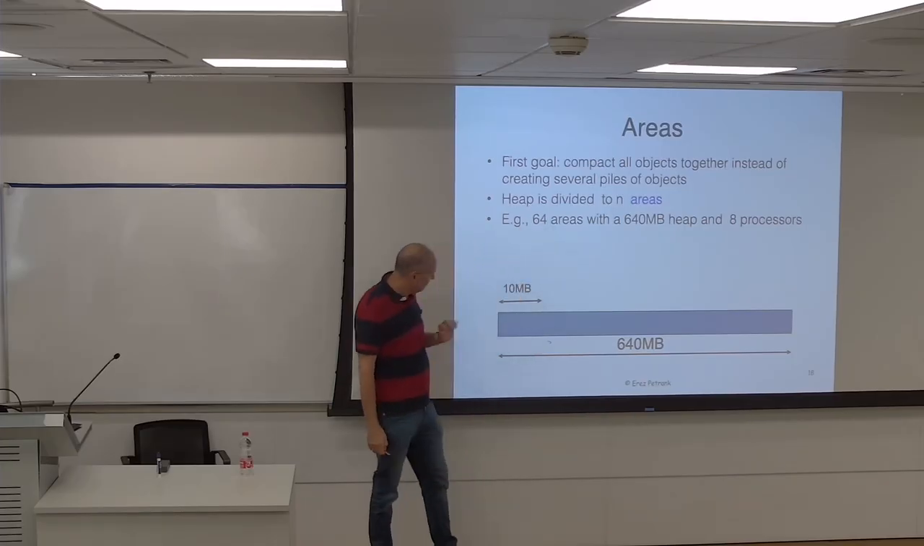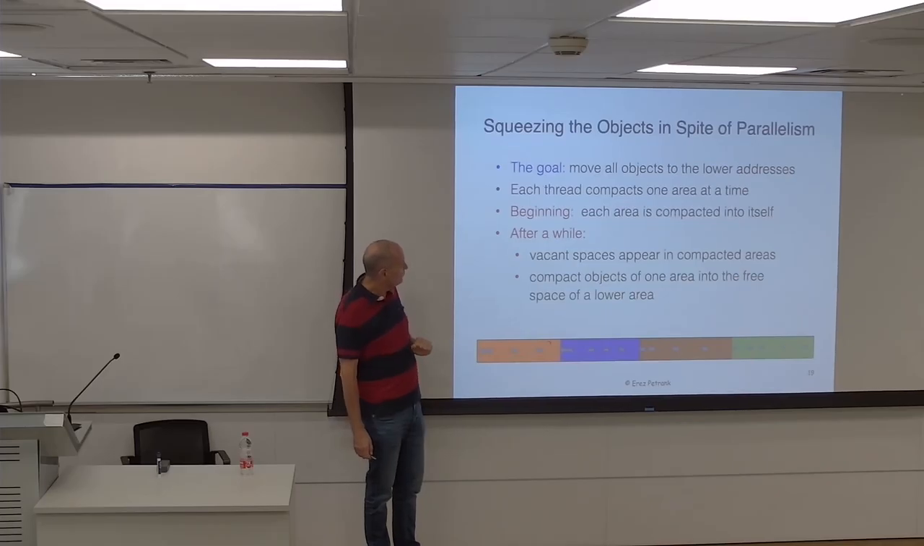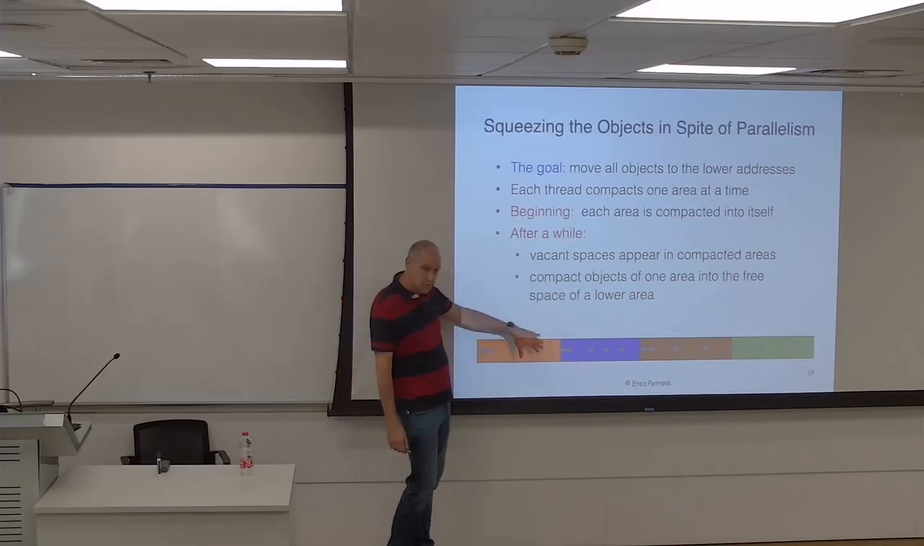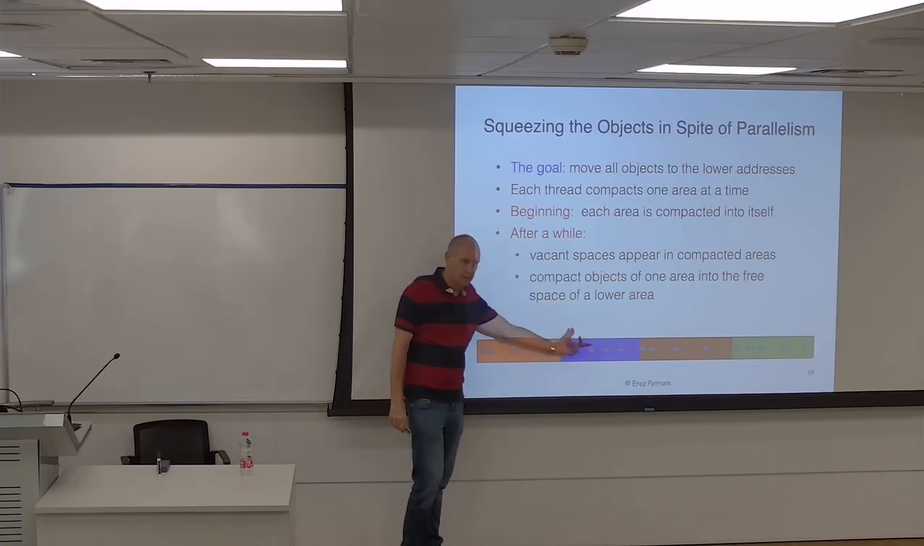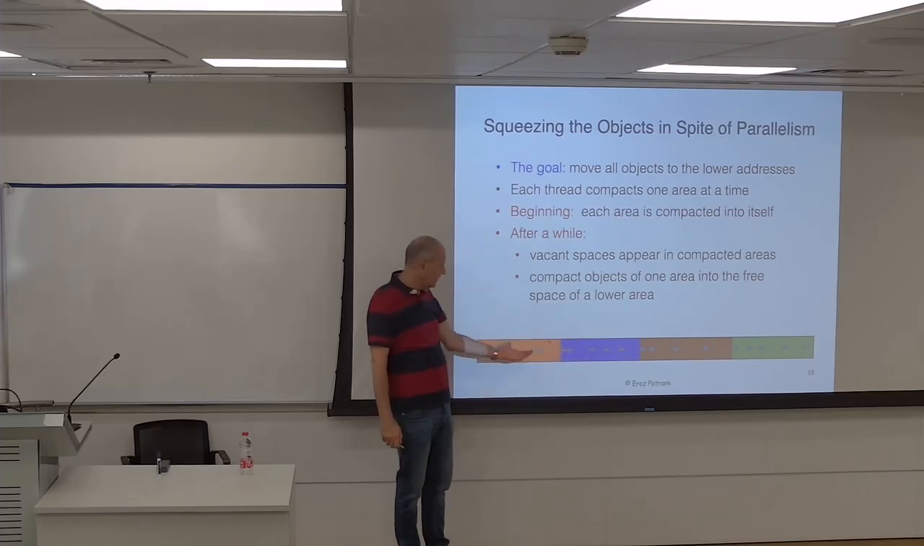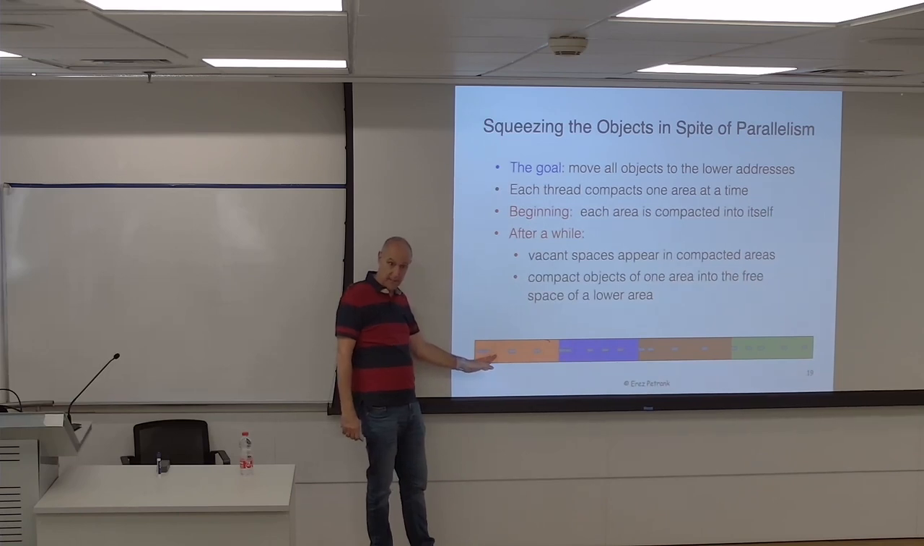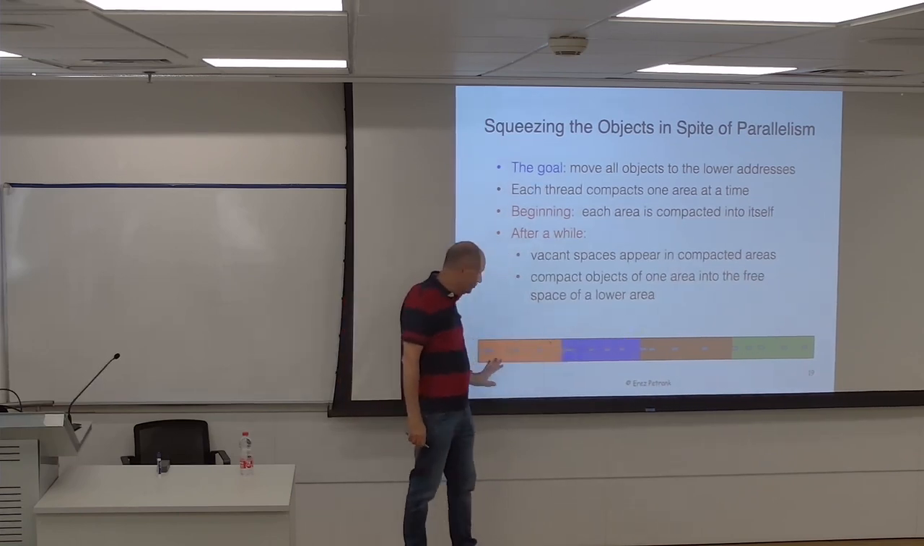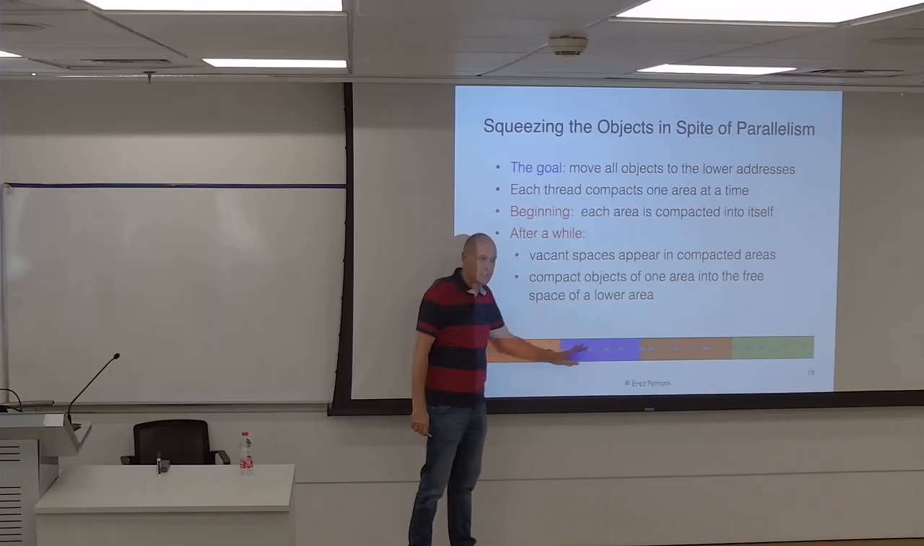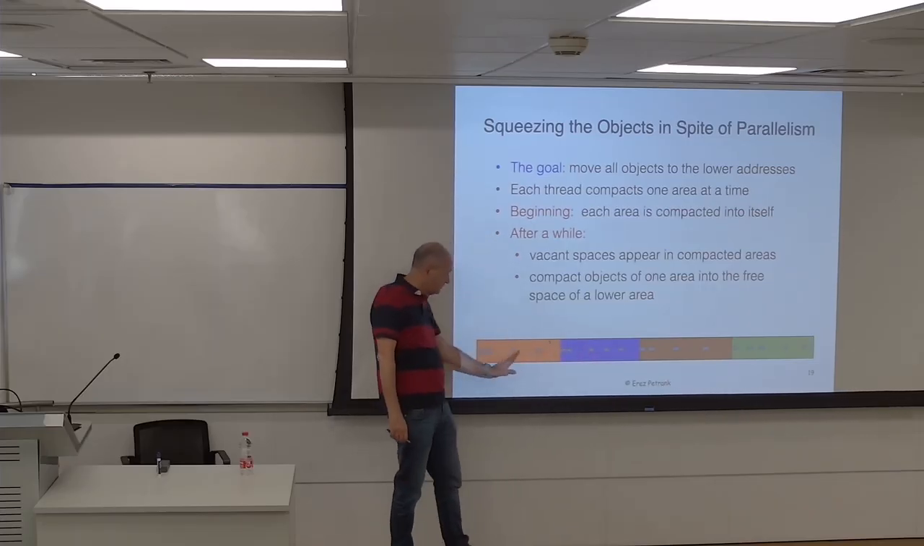And now, within these areas, what we do is we want to move everything to the bottom, but we want to do it in parallel. So we'll start working on these areas. Each thread is going to pick an area and then start moving stuff to the beginning inside the area. So maybe these two threads took these two areas and packed to the beginning of